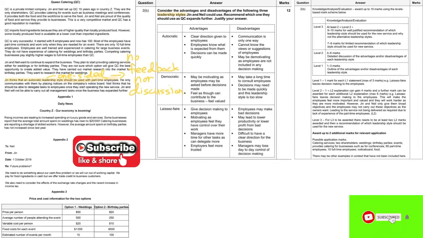You can see in the case there are some examples of how they use the autocratic leadership style. For example, they just place the notice on the notice board without discussing with the